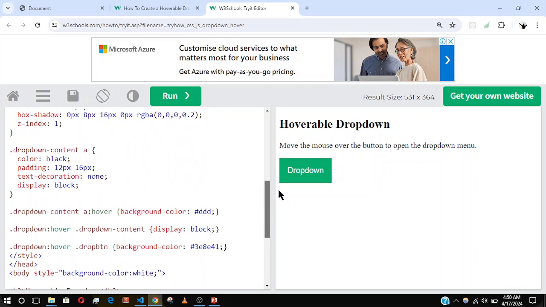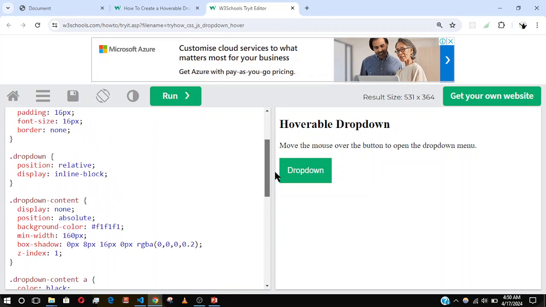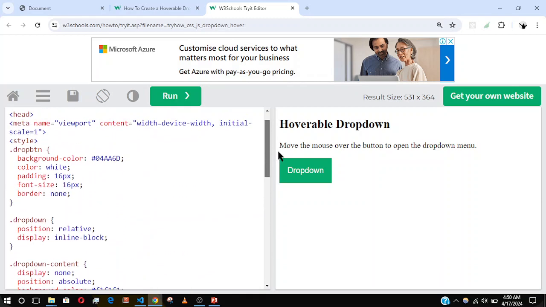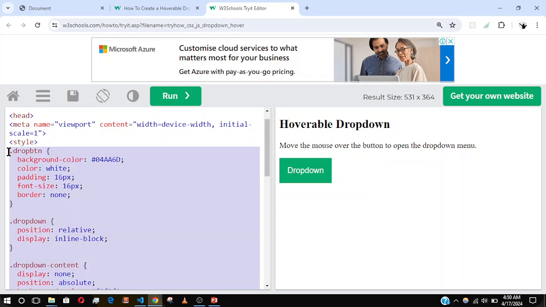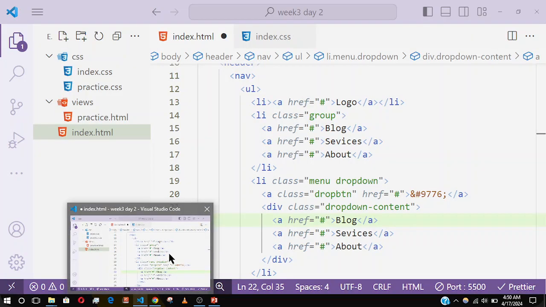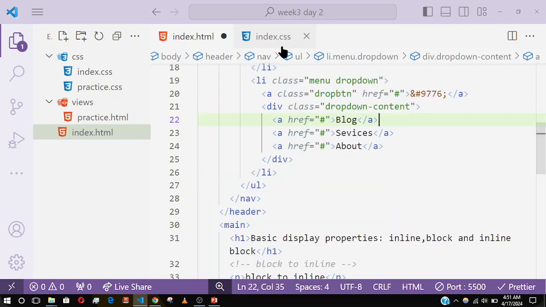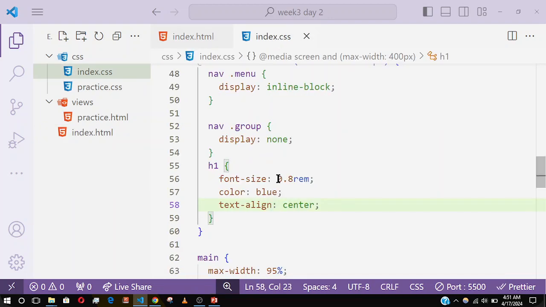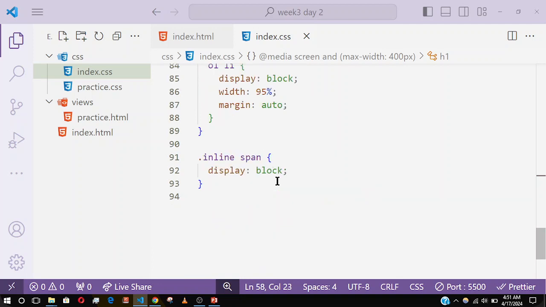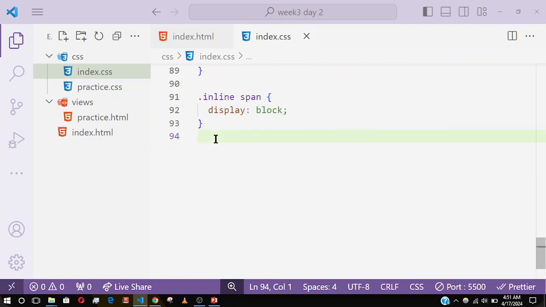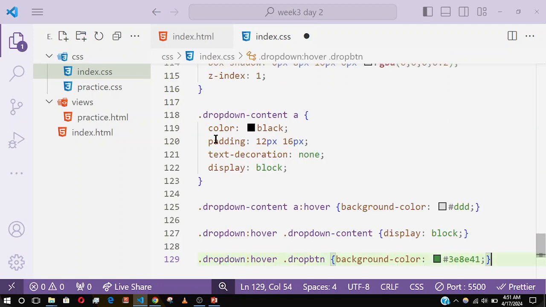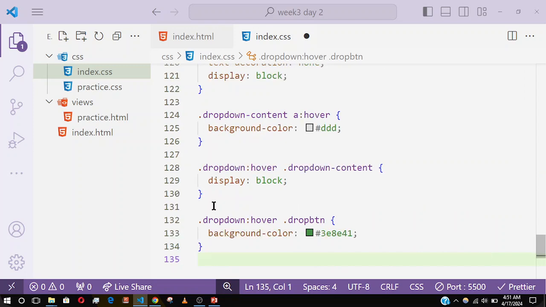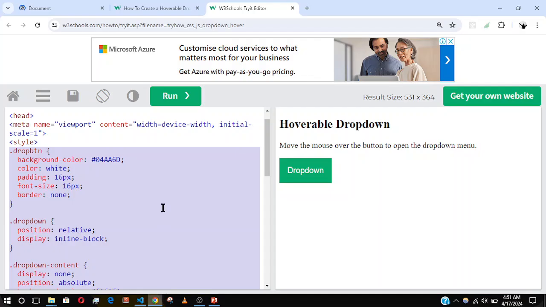So the next and final step is to copy all the CSS. Don't change anything, just copy everything. Ctrl C and paste anywhere within your CSS. So I'll save this and paste it down, down, down. So if I save this now and go back to my browser,